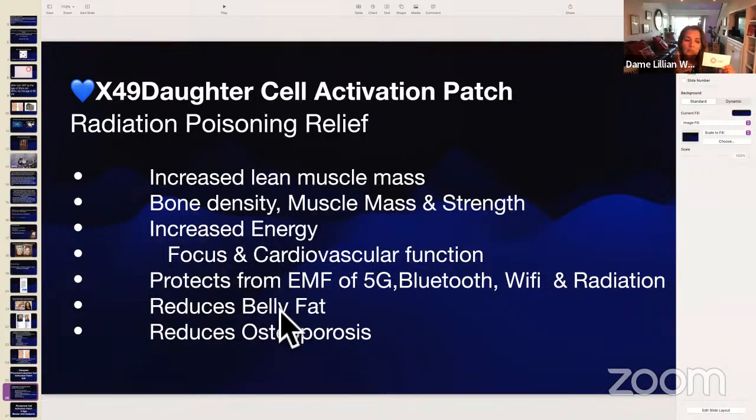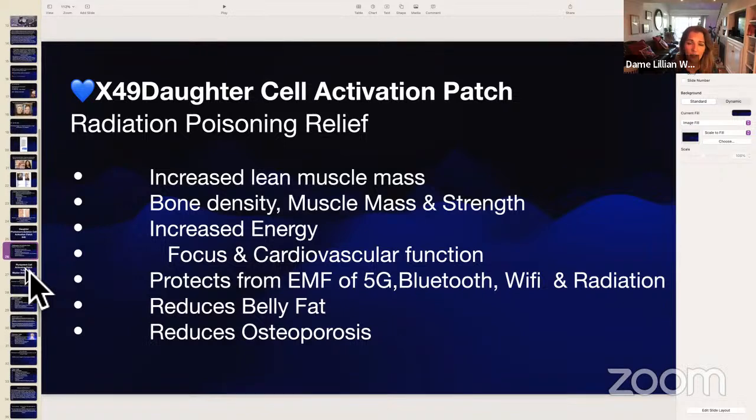activation going on. The other thing is, if you have osteoporosis, because this is increasing bone density, now your osteoporosis will disappear. Thing to note, osteoporosis is not a disease. It's not a malady. It's a state of being. It's a condition. The word osteo means bone, porosis means porous. It's just describing that your bone is porous. Side note, all mammals have an increase in the porosity of their bones as they age. It's the natural progression of aging. So this is going to increase your bone density so that as your density increases, the porosity